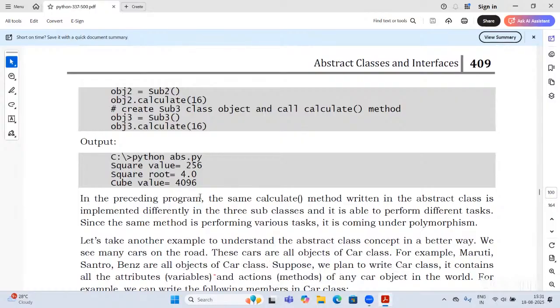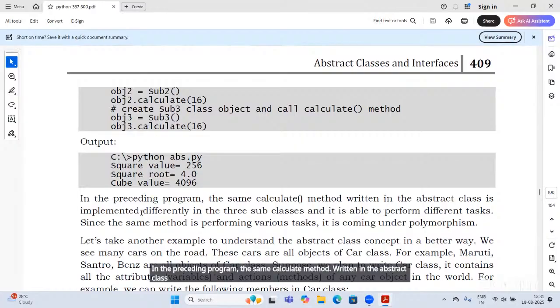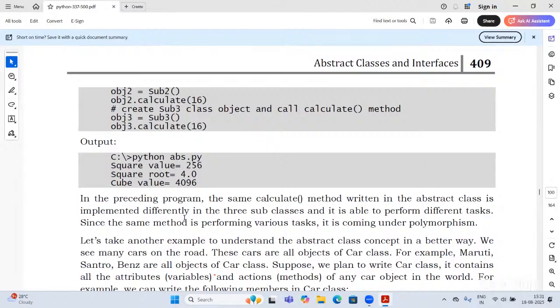In the preceding program, the same calculate method written in the abstract class is implemented differently in 3 subclasses, and it is able to perform different tasks.